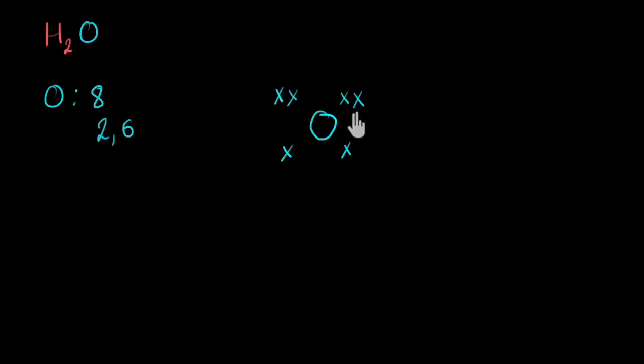Okay? And by the way, we only draw the outermost electrons because in a chemical reaction, only the outermost electrons of an atom participate. So no need to draw the inner electrons. Now let's come to hydrogen. See, hydrogen's atomic number is 1. That means it has only one electron in its outermost shell. So its electron dot structure is going to be like this, H with one dot. I'm using a dot here to represent the electron of hydrogen. Okay? You can use cross or dot interchangeably. Doesn't matter. Since there are 2 hydrogens, I'm going to show 2 hydrogens over here.